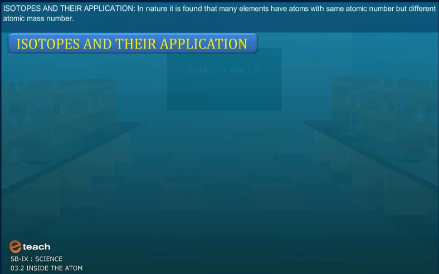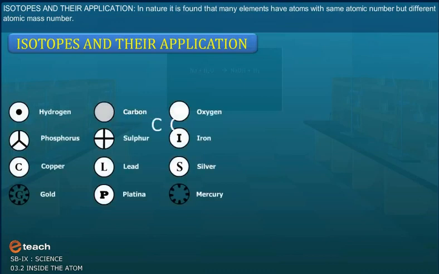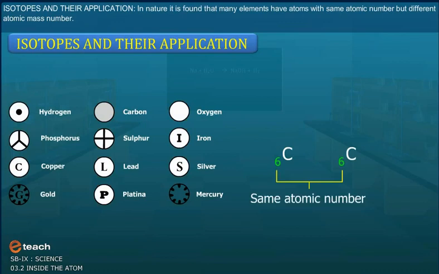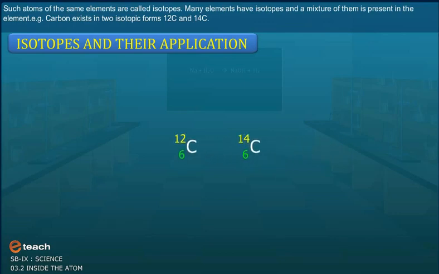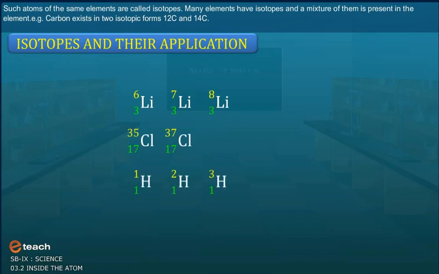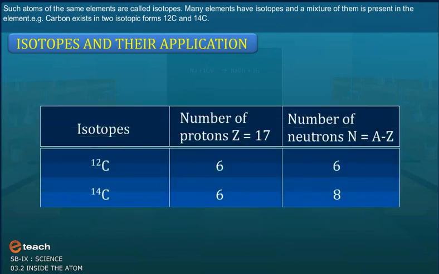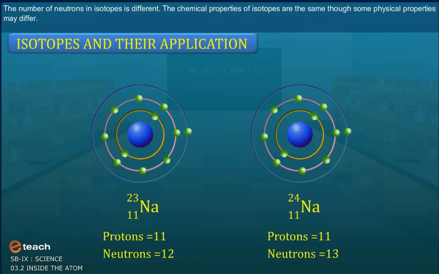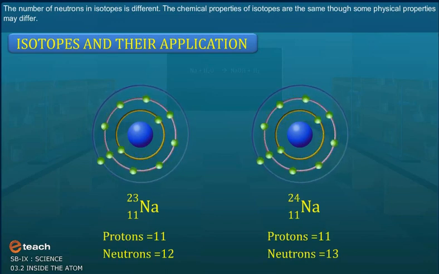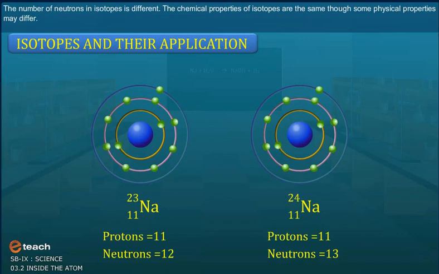Isotopes and their applications. In nature, it is found that many elements have atoms with the same atomic number but different atomic mass number. Such atoms of the same element are called isotopes. Many elements have isotopes and a mixture of them is present in the element. For example, carbon exists in two isotopic forms, 12C and 14C. The number of neutrons in isotopes is different. The chemical properties of isotopes are the same,